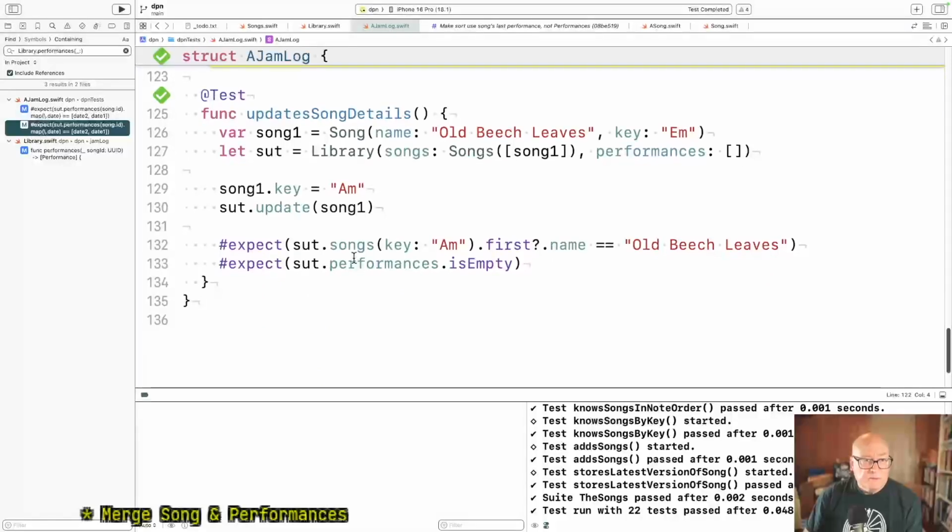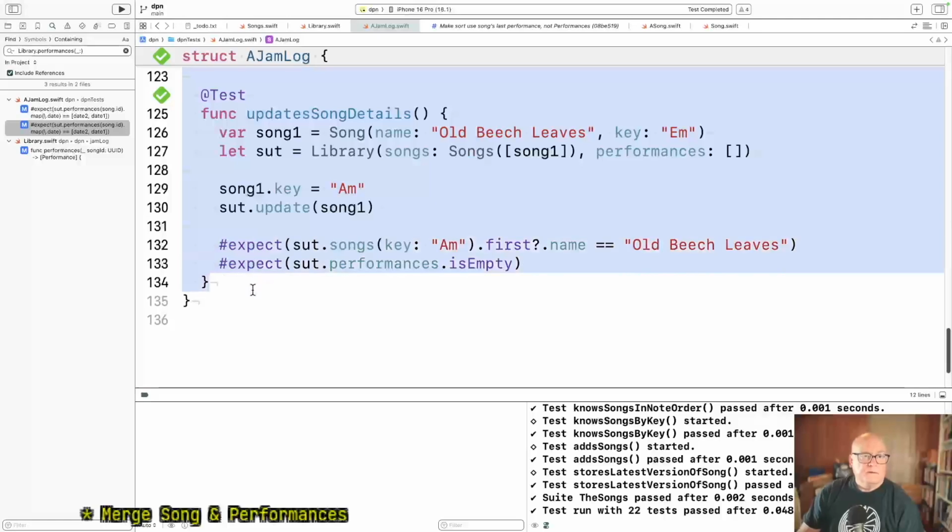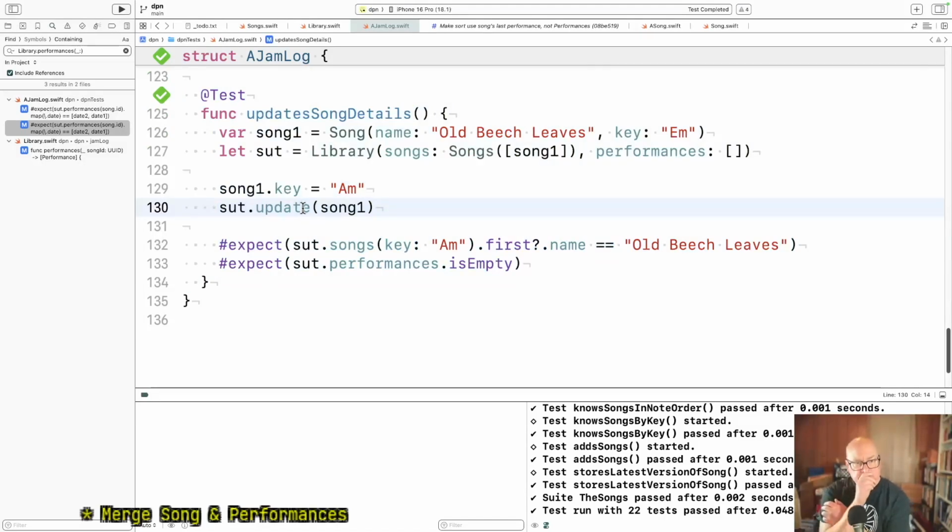Page songs performances is empty. We got a song. We update it. What does that mean?